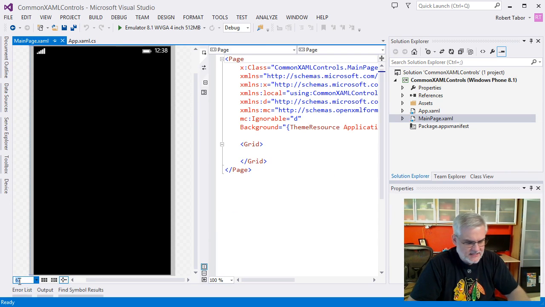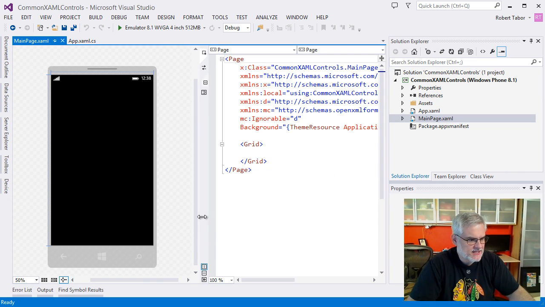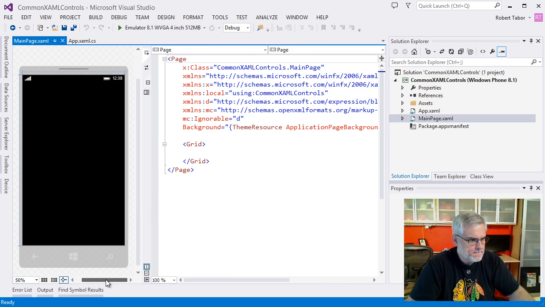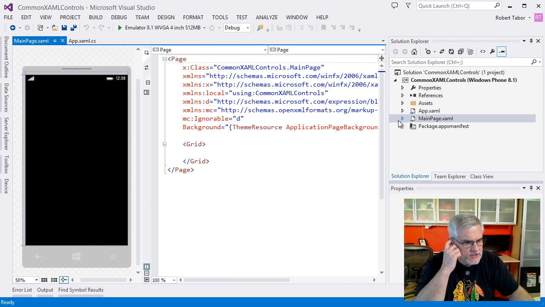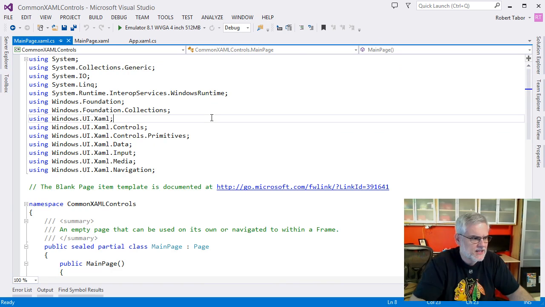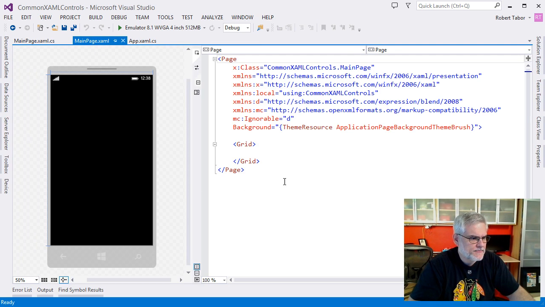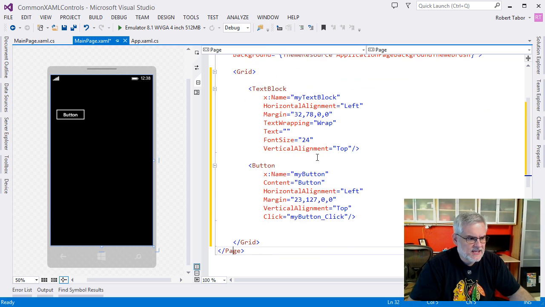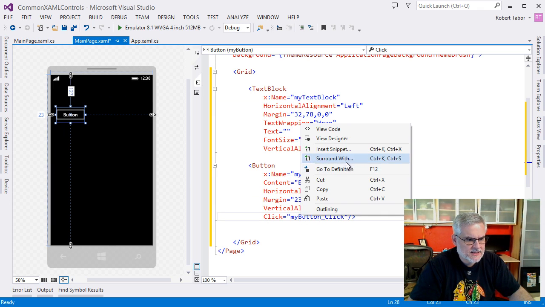In fact, let's set this at 50%. That should make it a nice size for us. Over here. And we're also going to want to open up the CS, and then I think what I'll do is just unpin this for the moment. I don't think we need any of that. Great. Awesome. Okay, so I'll paste in a text block at the very top and then a button control, and then in the click event of the button,